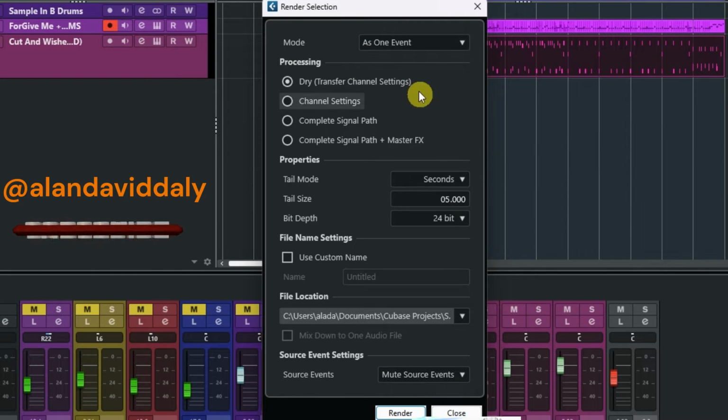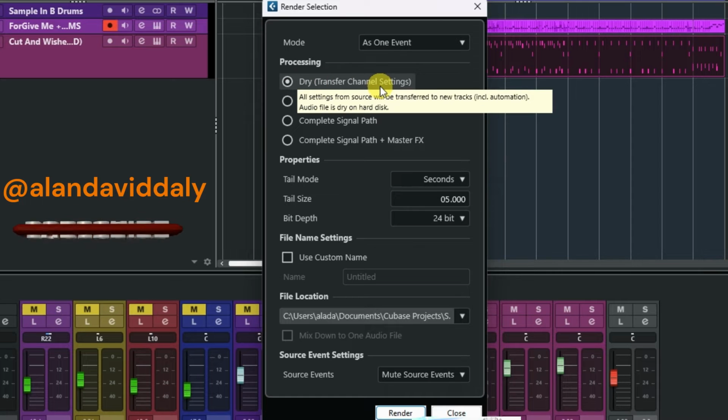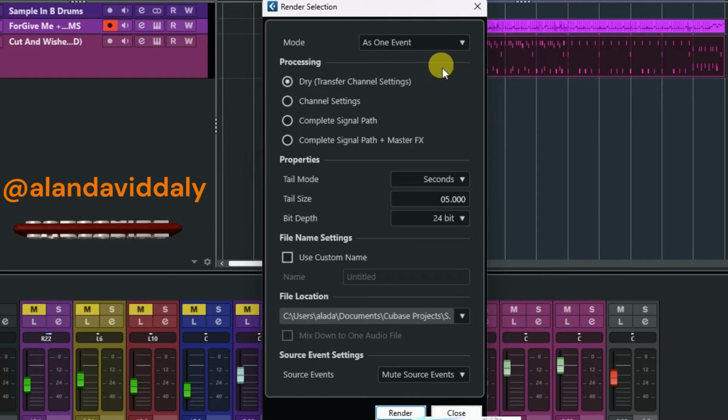In the render settings, I have this set to as one event. I'm going to leave this dry, so it'll transfer with the same settings I have. And this is the tail size, which is like a buffer. The buffer is basically at the end of the audio file, and it leaves a 5 second gap. You can make it up to 6, 7, 8 seconds if you want. If you have a reverb on it, you can make it slightly longer. This will allow for the tail on the end of the audio event, so it doesn't just get cut off halfway through. And I just press render,